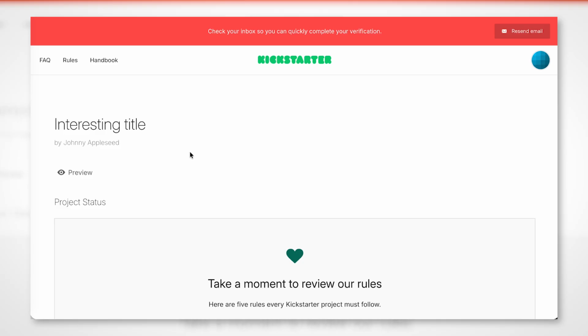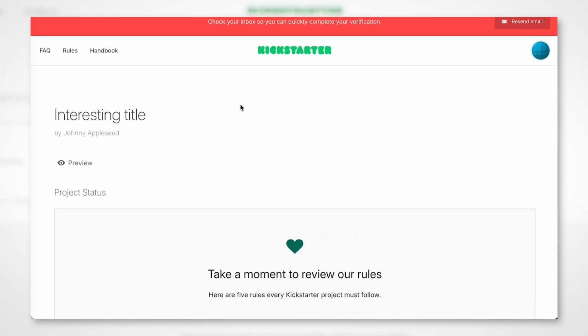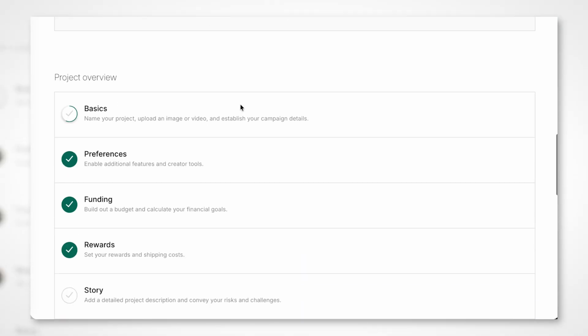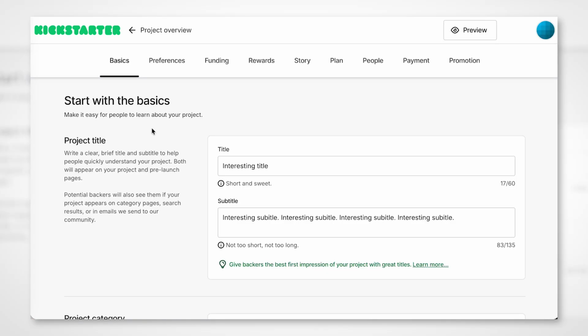I really appreciate that. That's kind of one of my mantras when it comes to my work here in the industry. So first of all, when it comes to the basics section, you're going to log into your Kickstarter dashboard. As you can see here, you're going to scroll down to the section that says basics, and you're going to click that button. Now, the basics section is a bunch of brief information when it comes to your page, which is actually extremely valuable. And some of these decisions are going to really impact your success when you're live with